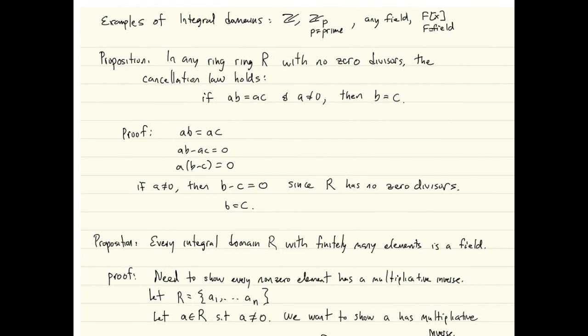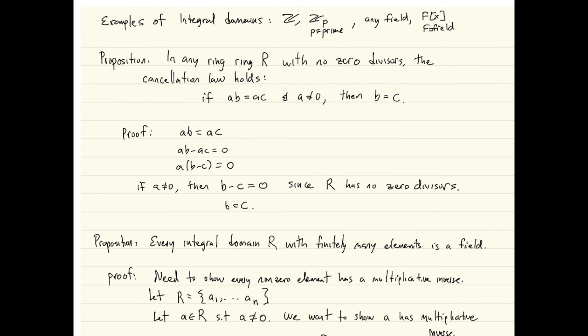So some examples of integral domains are the integers, because if you multiply two integers and they happen to multiply to 0, one of them has to be 0. So that's a familiar fact from elementary school. Z mod p for any prime p, and then any field, and then also the ring of polynomials with coefficients in any field F. So here's a proposition: in any ring R with no zero divisors, in other words,